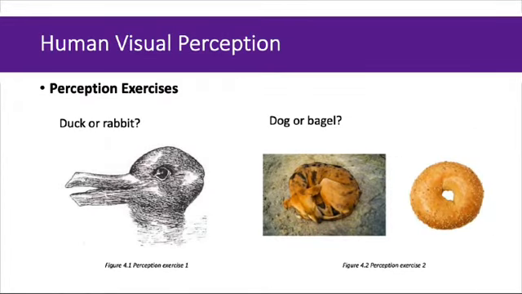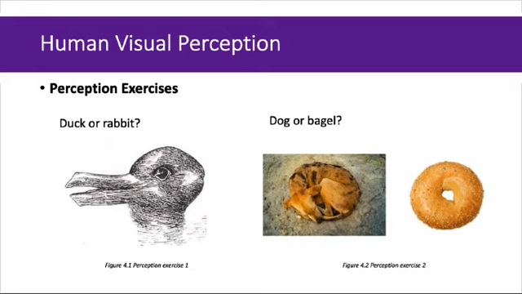Human visual perception. Perception is a process of acquiring, interpreting, selecting, and organizing sensory information. As humans, we find this natural and generally very easy. Well, perhaps we think that we do. Engage with the following perception exercises to see how well you go. How well do you think an AI system might go with the same exercises?